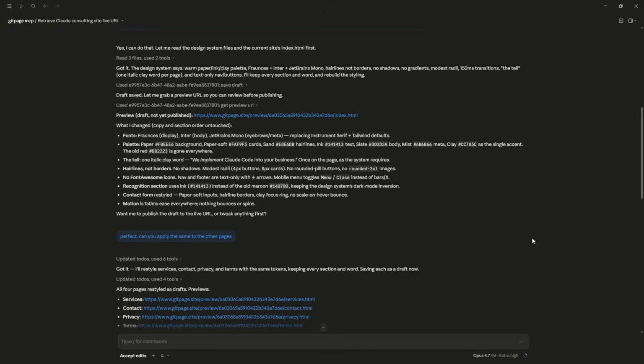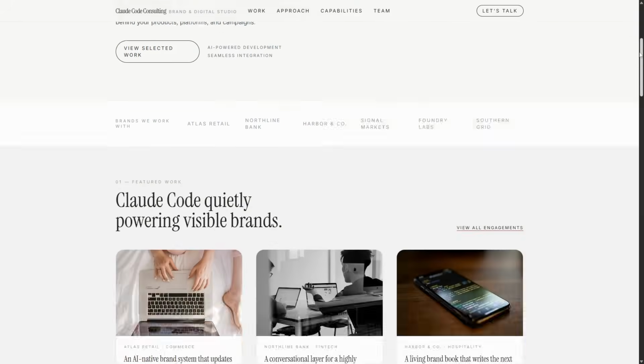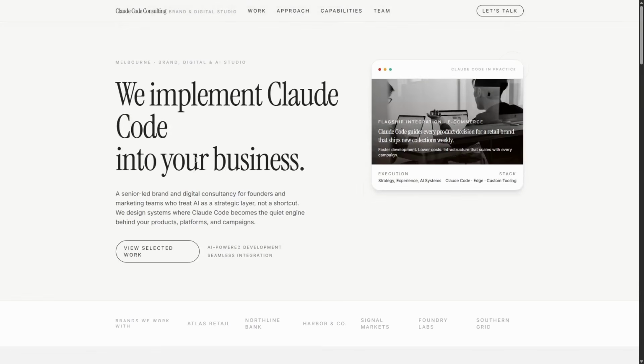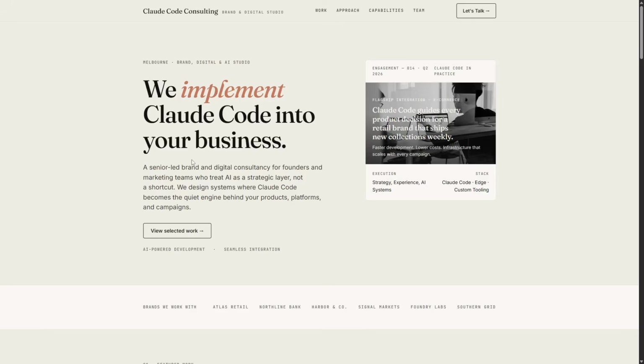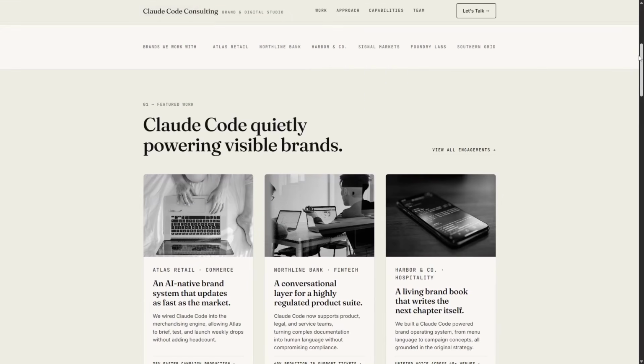So what it did is it updated the index page first, and then it gave a preview link, and then I just said, yep, that's great, do the rest. Now we can check it out. All right, so this was our first draft that we took a brief look at earlier. Now let's take a look at the updated one based on our design system. And here it is. You can see it has taken all of the detail that the Claude Design System package had and applied it. Within a couple of minutes, we've gone from run-of-the-mill to pixel perfect,